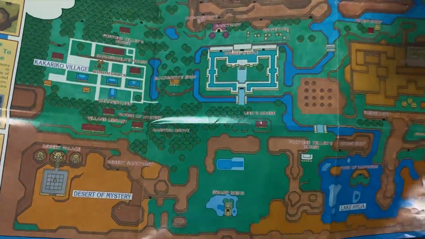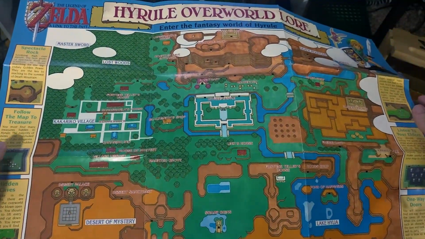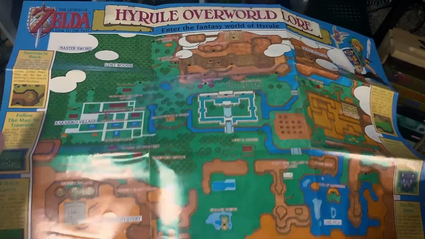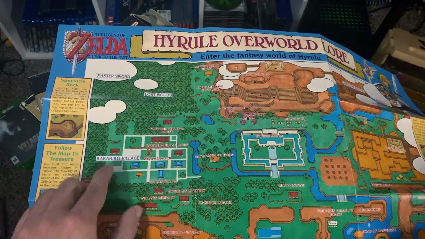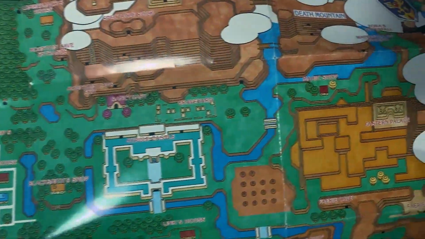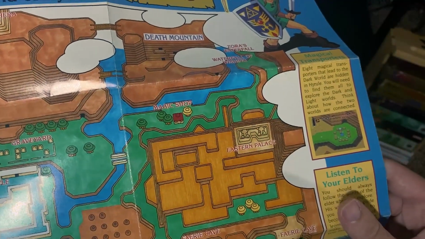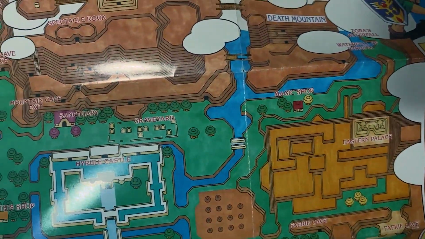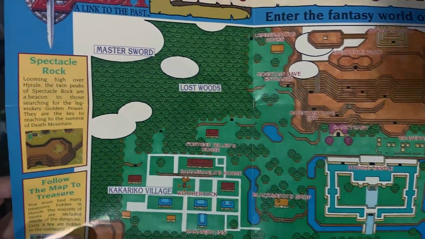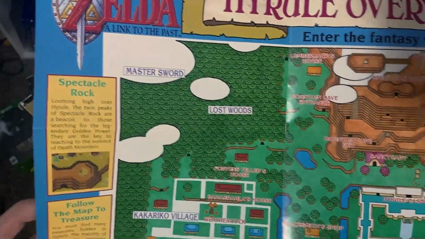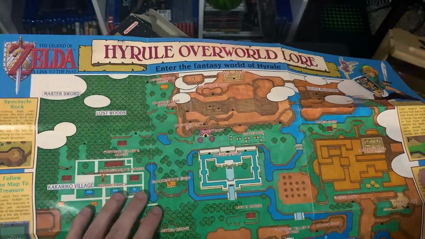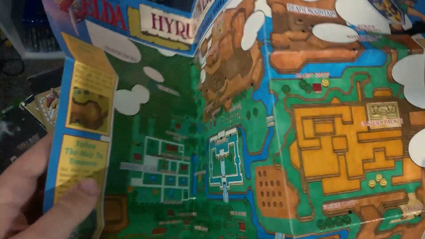A fairly big map of Hyrule, and this shows the entirety of the overworld. It shows, of course, Kakariko Village, or Kakariko, however you want to pronounce it. It shows Hyrule Castle there in the middle, the Eastern Palace, Fairy Cave, a magic shop, just about everything that you need to know, even the coveted Master Sword, which was also introduced in this game. So of course, that is what you get in the box.